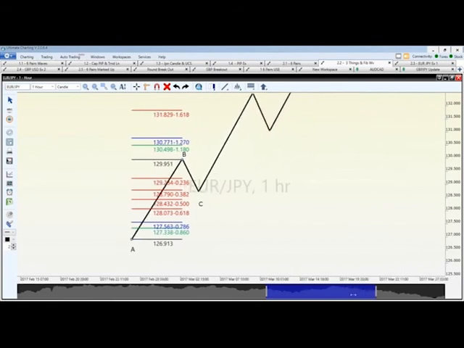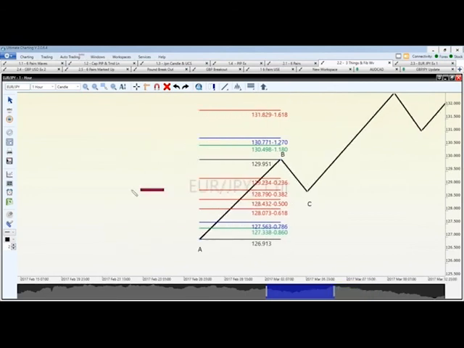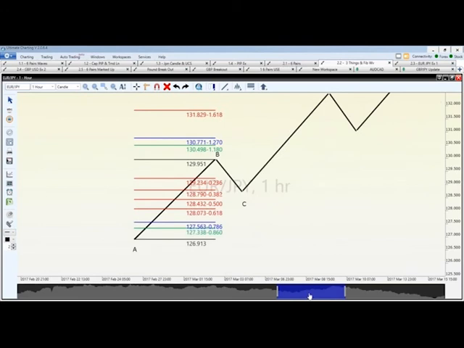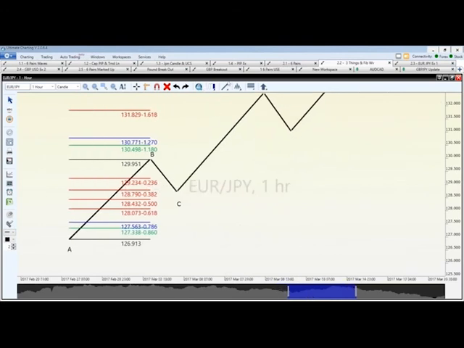So with this, what we can do is find trades. We're able to find entry points on this. I'm just going to move this over, give us a little bit more room. So here's what we do. We're going to see this retracement. We went from A to B, that was the new high, then it retraced down to C. And you see where C is, that's the retracement. We're able to measure that.